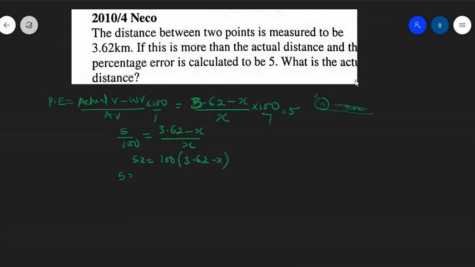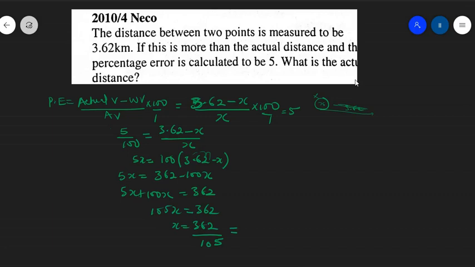So if I pull out, you can have 5x is equal to 100 multiplying this, like moving your decimal point by 1, 2. So it's going to be 362 minus 100x. If I collect like terms, it becomes 5x plus 100x is equal to 362. Now that gives me 105x equals 362. Divide both sides by 105, x equals 362 divided by 105, which is equal to